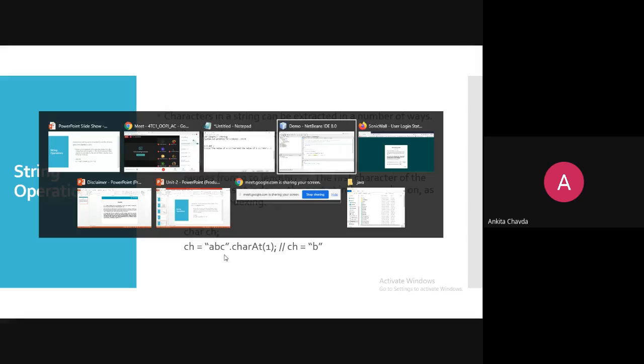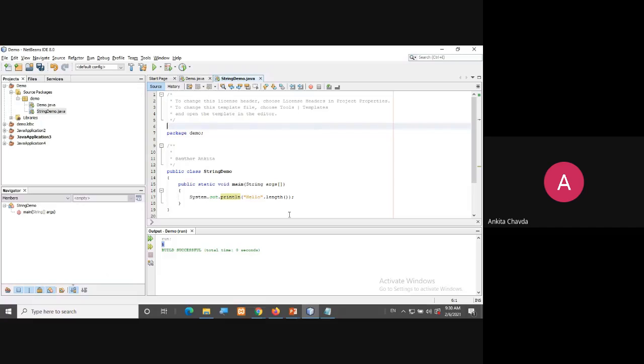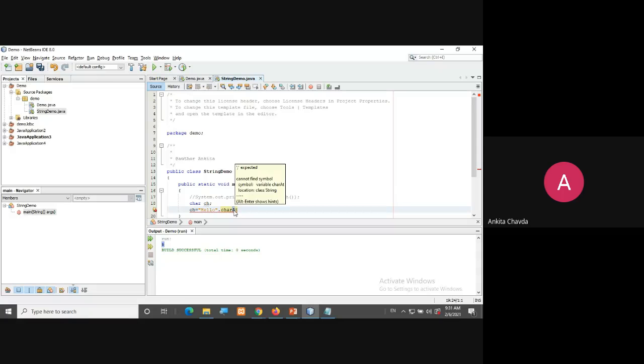So simply, if you wish to see, I'll do this over here. This I'll comment. What I'll do is character ch, and ch is equals to any string I'll provide. Say suppose hello dot character at. But you have to remember, whenever there is a function and some gap would be there in the words, right? At that time, that second word's first character would be capital. Okay, so this is character at function.